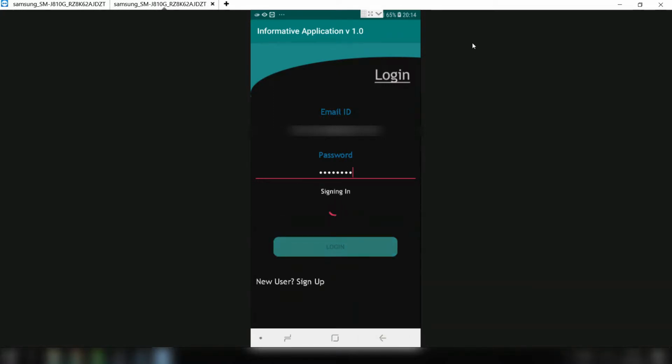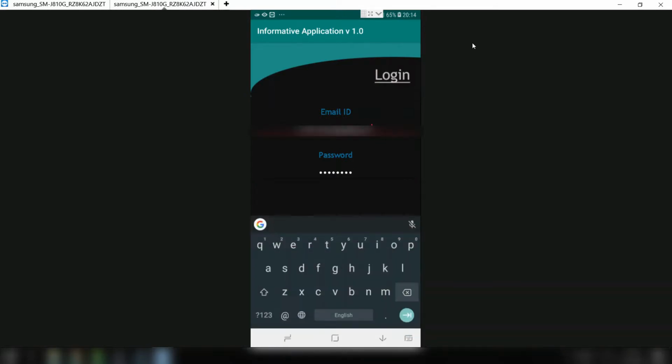Now when I hit login, verify your account to continue. So this user is not verified through the link, so it is asking the user to verify first, then the user can log into this application. So now I'll give the PregoSoft's email ID